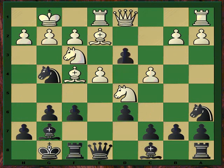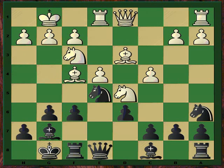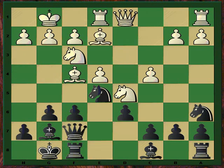The move is d3. And now the good news is that it seems like no matter what, with what white takes now, it will transpose to the same position. So after queen takes on d3, this is the first new move of the game, strictly speaking. Bishop takes on d3, there is a game with this move, but after knight e5, bishop e2, queen f7,